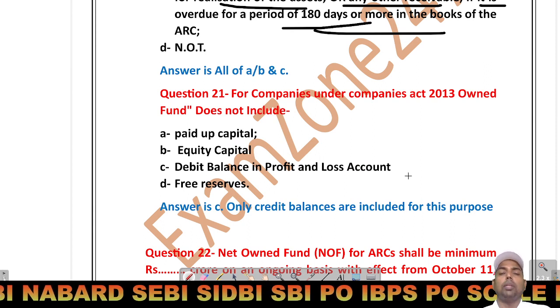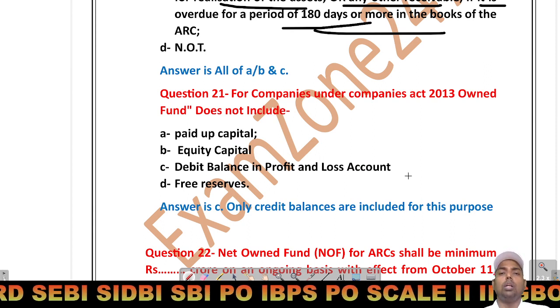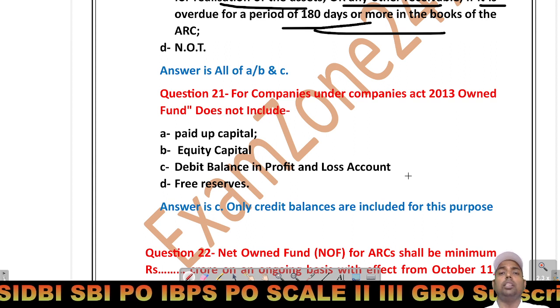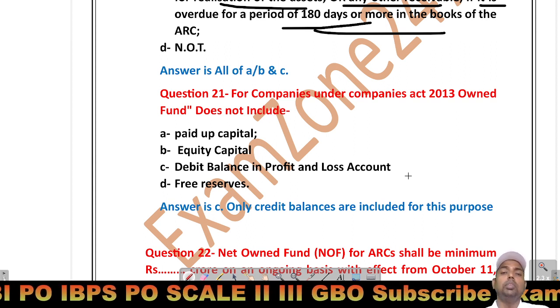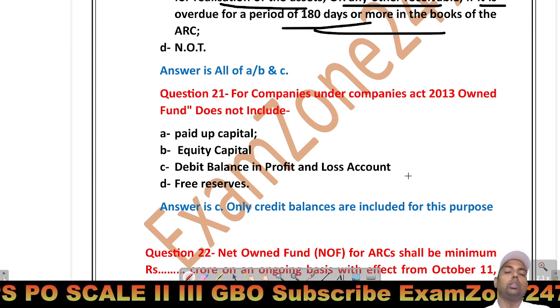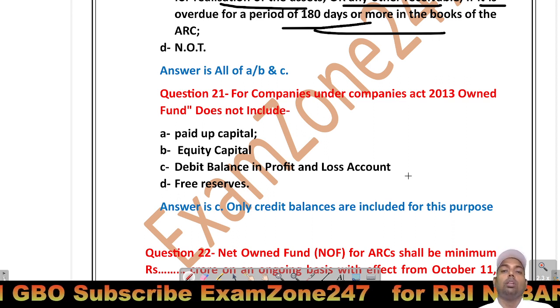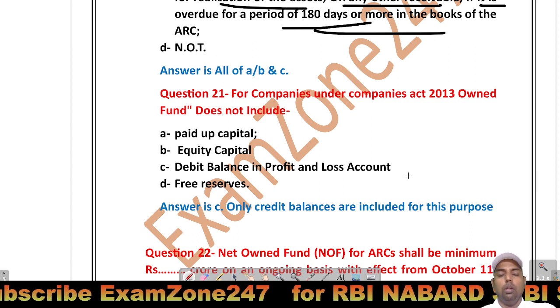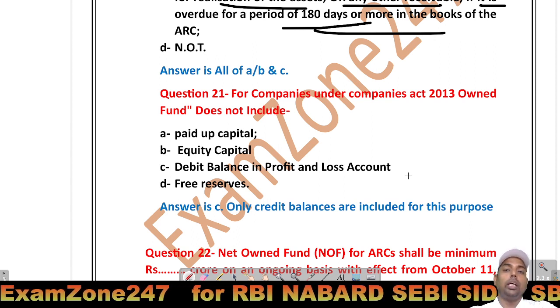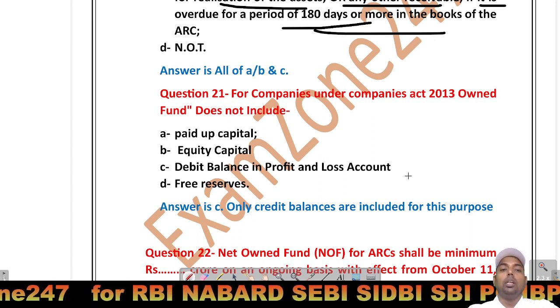ARC ने जिस दिन से अप्लाई किया या जिस दिन से उसका प्लान फॉर्मुलेट हुआ है, या जिस दिन से उसको इनकम आने वाली थी, अगर वहां से 180 डेज मीन्स 6 months आप बोल सकते हो, क्योंकि बैंकिंग में 30 डेज का एक मंथ माना जाता है, तो उसको वो NPA ट्रीट किया जाएगा।